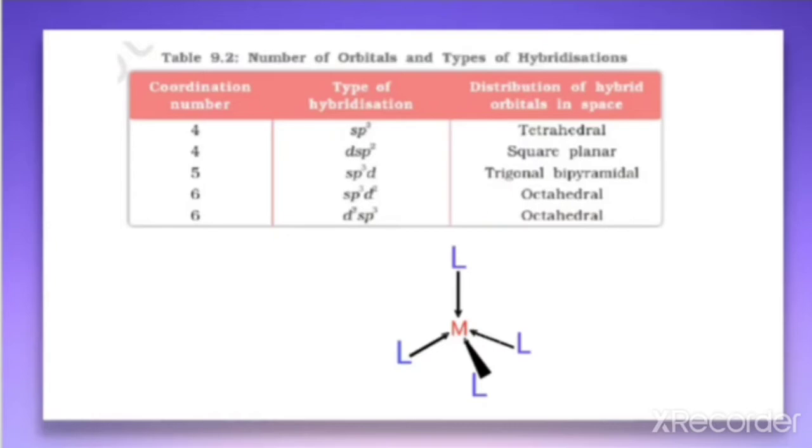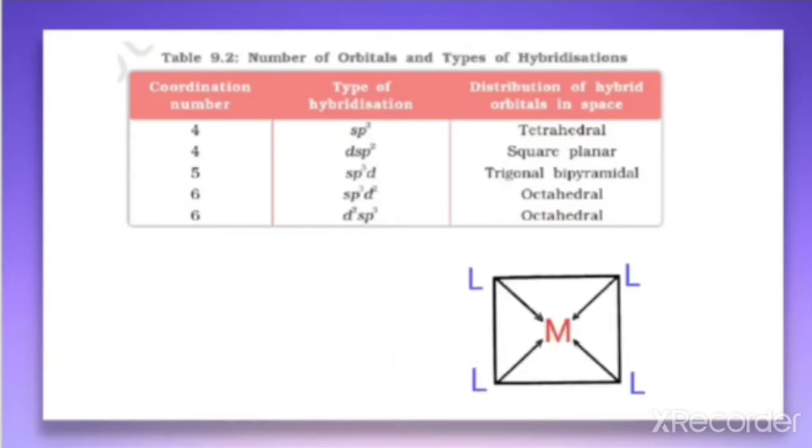And if the coordination number is 4 and the hybridization is dsp2, then the geometry is square planar, where M is the central metal ion and the ligands take the position of the 4 corners of a regular